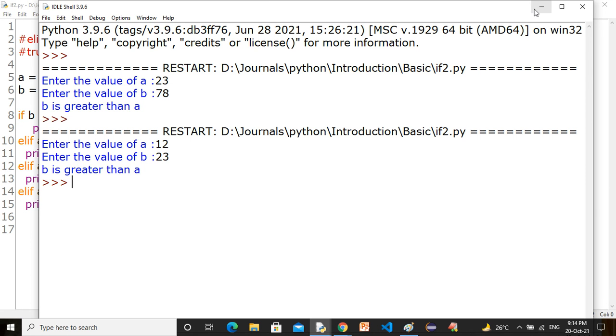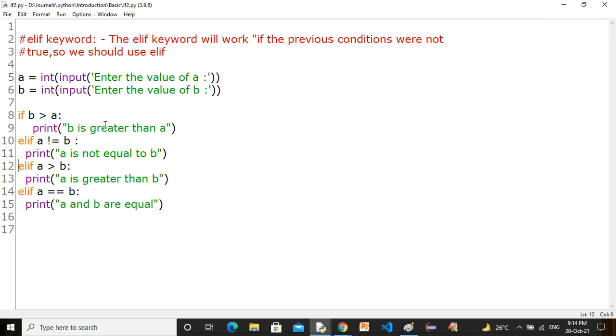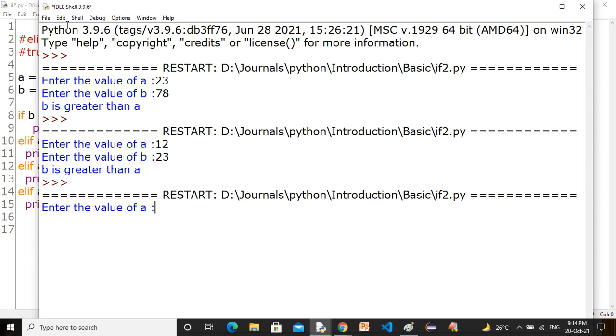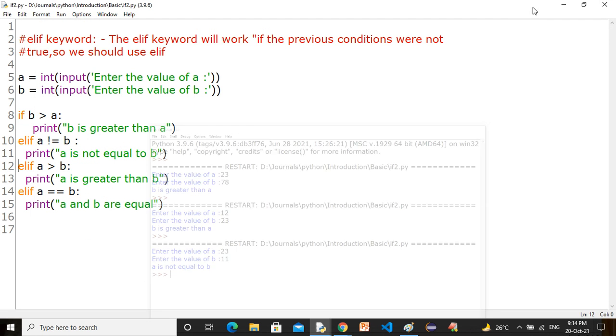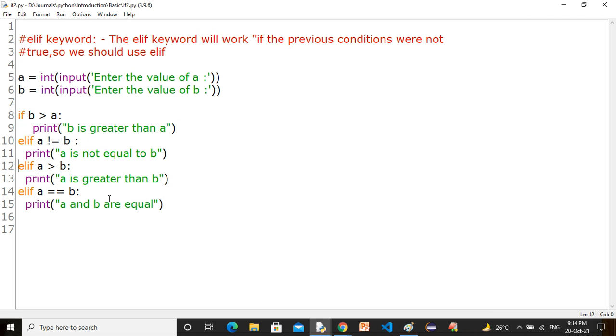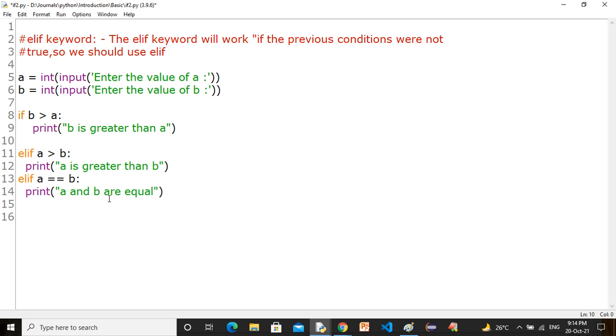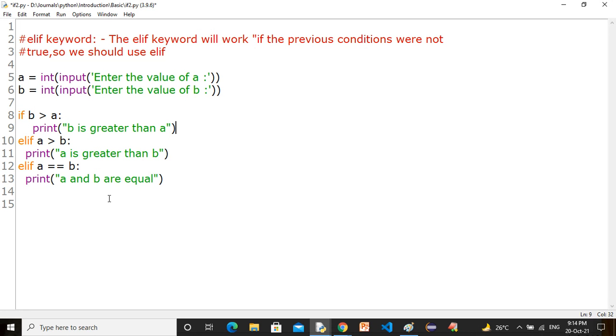B is greater than A. Why? Because A is not equal to B, but in that situation, what will happen? This will not come. So do one thing, just remove this one, otherwise you will get confused. Write only this one. Why? Because if your elif condition executes, then it's not possible to check the condition again.